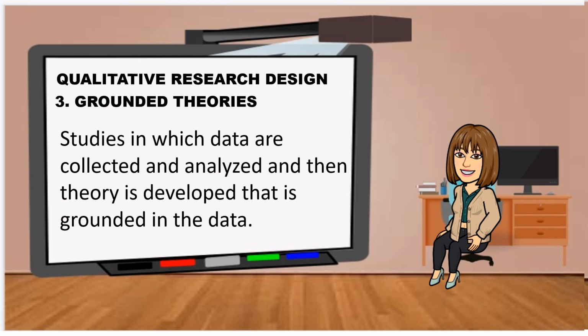Another type of qualitative research design is grounded theory studies, in which data are collected and analyzed and then a theory is developed that is grounded in the data. For example, an excellent method for understanding the processes through which patients learn to manage new or chronic health problems